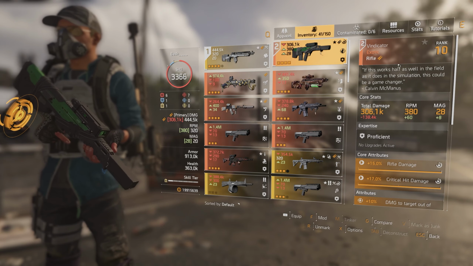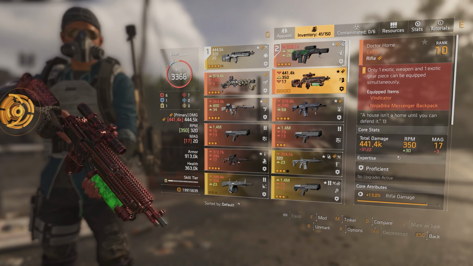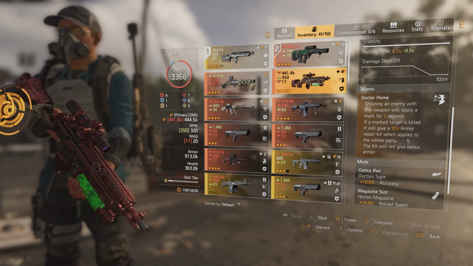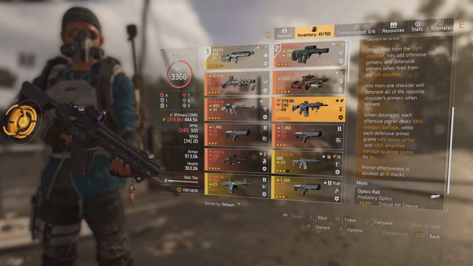But let's go to a mission and test this. I have the Dr. Home to show you guys. If you know what the Dr. Home does, it gives you 10% armor if you get a headshot for your whole team. I've got the Merciless to show you, and the Ravenous,